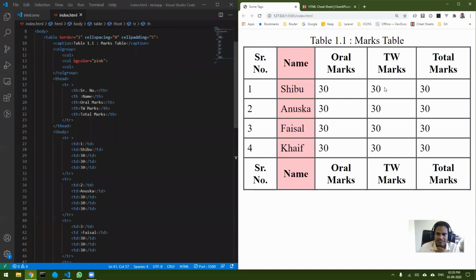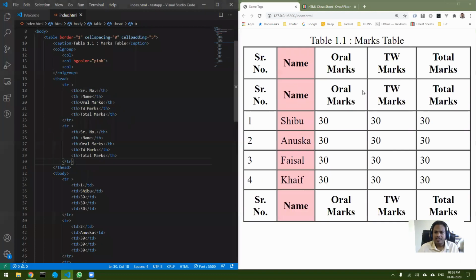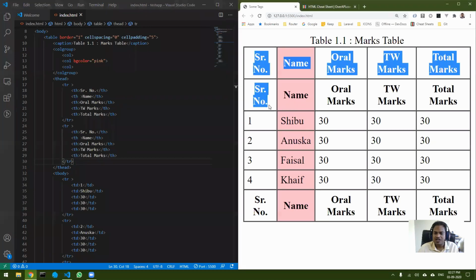Whenever I do this kind of thing, the first thing that I do is I go to the head tag, find the TR, copy the TR and paste it again. I will paste it twice. Now you can see it is coming twice, right? Now the first thing that I do is adjust. I know that serial number should come only once.